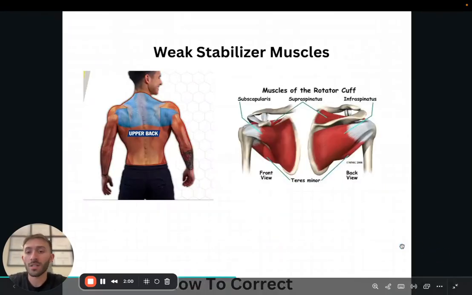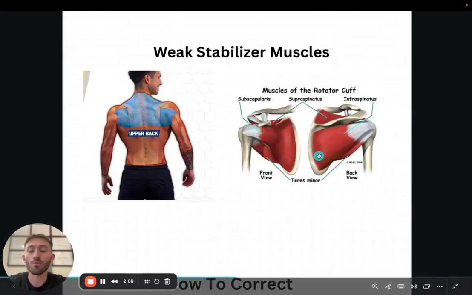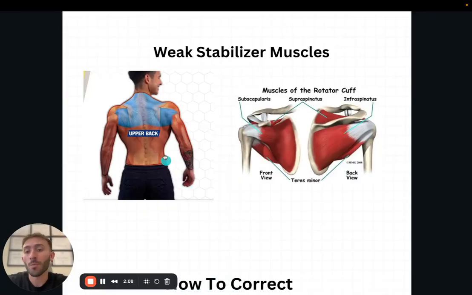Next, weak stabilizers. The 2 that are weak are going to be the upper back and then the rotator cuff. Let's go about the upper back. The upper back, mainly for this topic, is going to be the traps and also the rhomboids, okay? When you think of trap muscles, it's usually just the top part of the trap, but that is actually the first part. There's actually 2 other parts, the middle trap and the lower trap. And all 3 of these working in unison and strong together actually help stabilize the shoulder. So it's really important not to have weak traps.